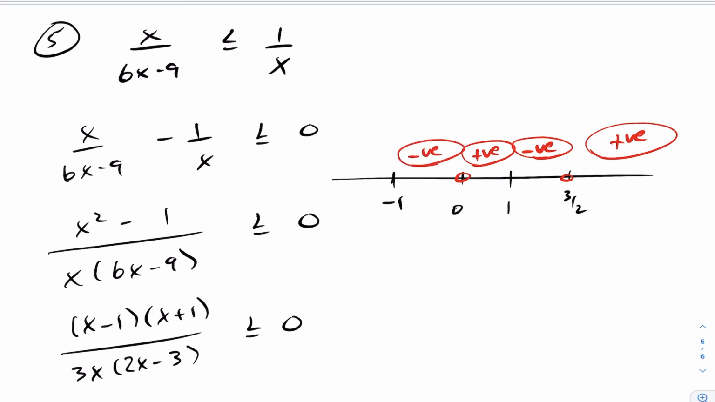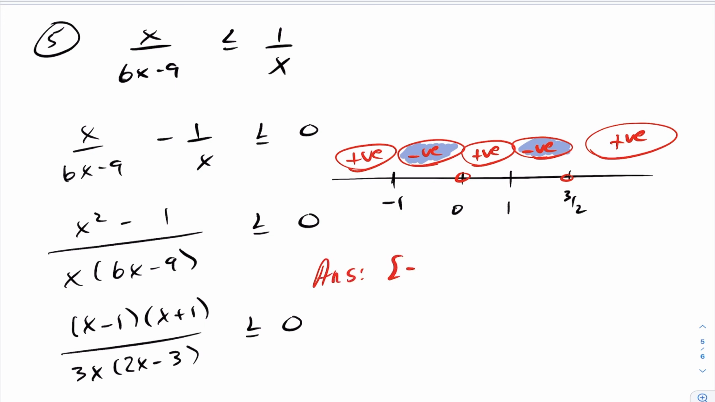And lastly, pick a number less than -1. Let's say -10. We're going to have negative, negative, negative, and negative. 4 negatives is positive. So we're interested in intervals where the rational inequality is less than or equal to 0. So we're interested in this interval and this interval here. So our answer here will be